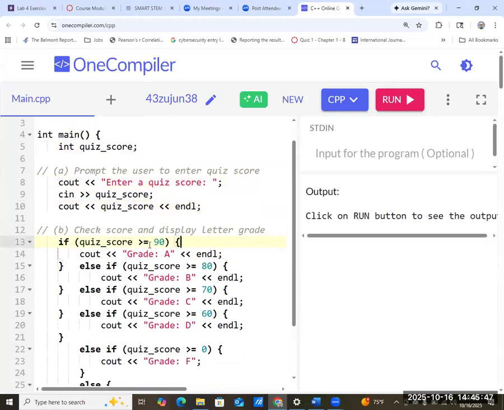If quiz score is greater or equal to 90, make sure we have a curly brace for the body. We're going to cout grade A, very close to the example that we see. Else if quiz score is greater or equal to 80, again the curly brace for the else if body, we're going to display that it is grade B. And then in following,